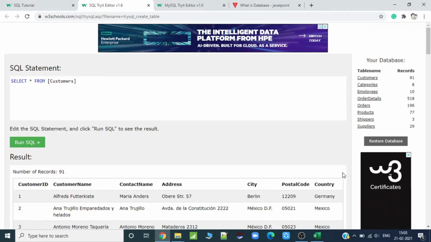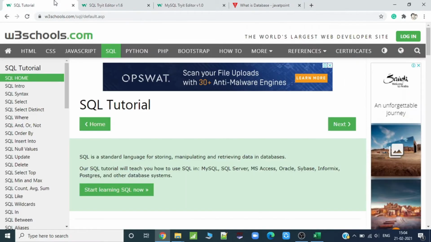So you have seen the database and the table names, but why are we doing SQL? In any analytics company, or not only analytics, in any coding field you go into, you will see SQL there as a key language, because handling all the Excels and working on them is a very tedious task. So every company has chosen SQL for their work. If you are good in SQL, you can get a well paid job, so that you can contribute to the company and to yourself also. So I will start with SQL and we'll see different functionalities.